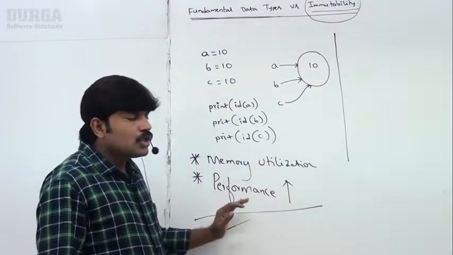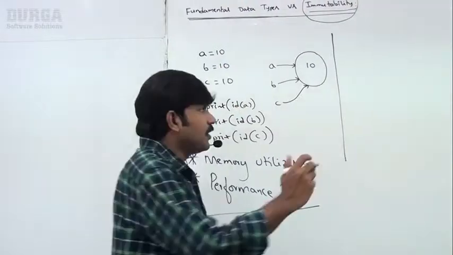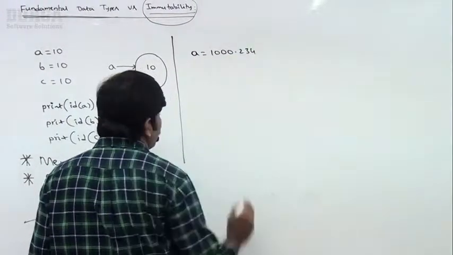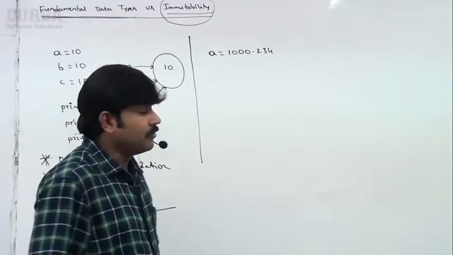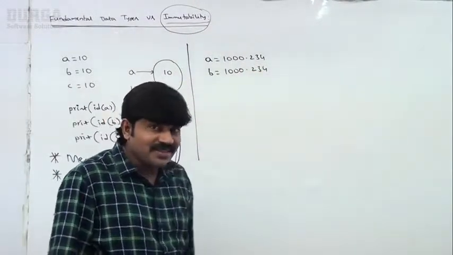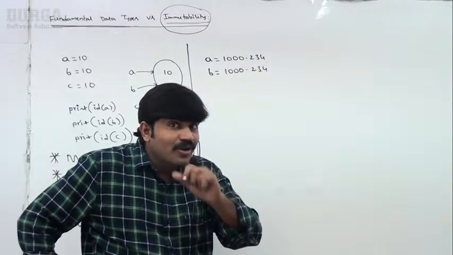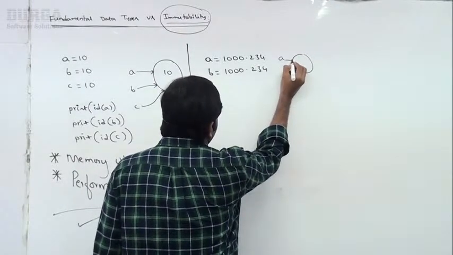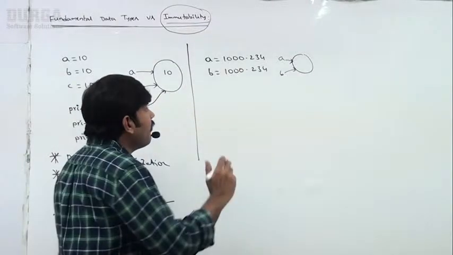This is the advantage. Don't think it applies only to int; for the remaining cases also it is applicable. Observe this: a is equal to 100.234. What is this? It is a float value. Now b is equal to 1000.234. Can you please imagine how many float objects will be created? Only one object, and the same object is reused for both requirements, right? Okay, well, now print of